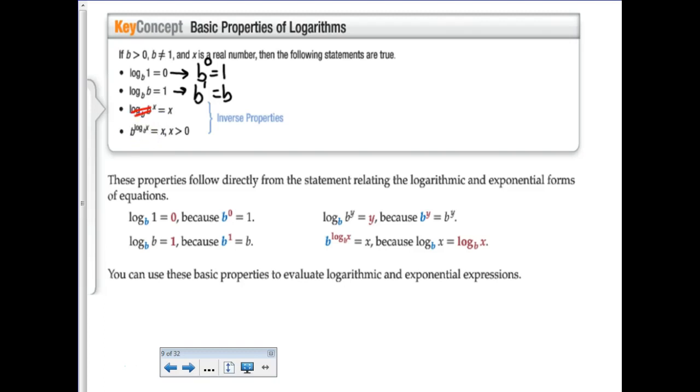This is the inverse property of when you have an exponential with a power that is a logarithm of the same base. So again, b to the log base b, these are going to knock out. The x is just going to drop down, and you get x. So let's look at,